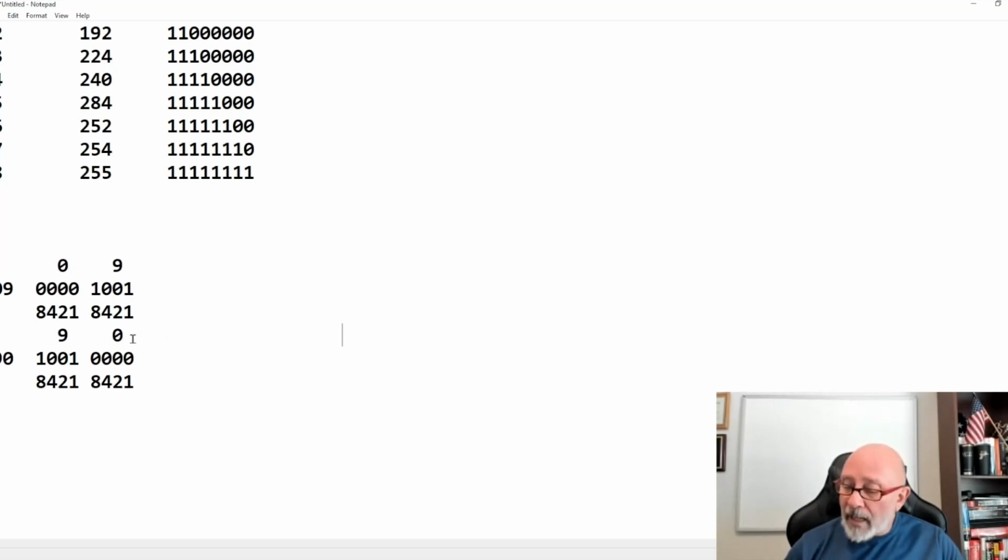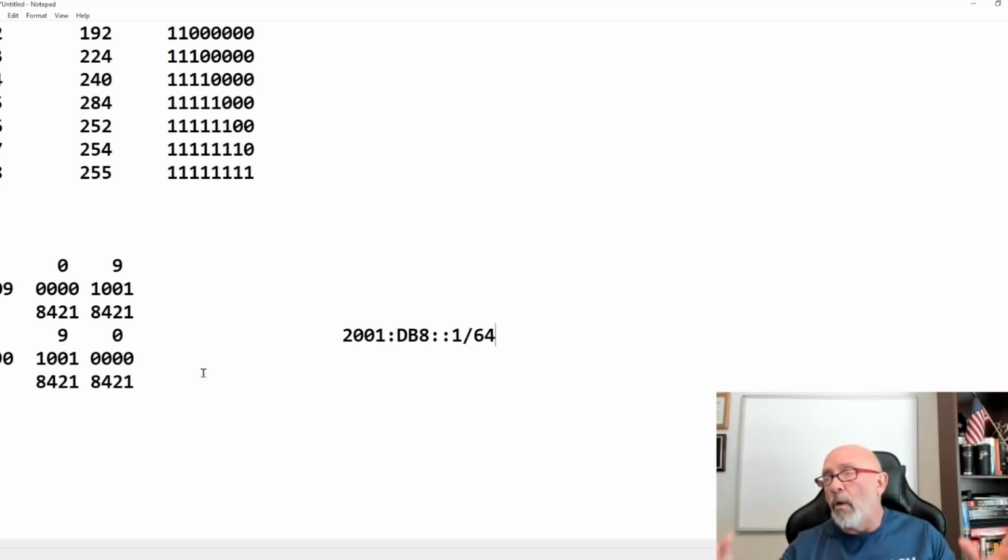They love to do this: 2001:DB8:1, and then I'm just going to put a /64 for the heck of it, but normally they'll put a /128, the whole thing, like 32 bits for IPv4 and 128 bits for IPv6.